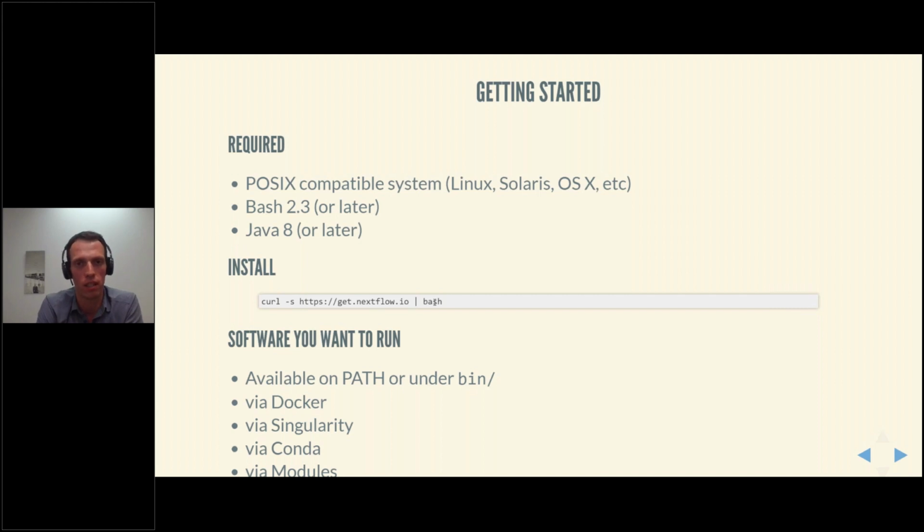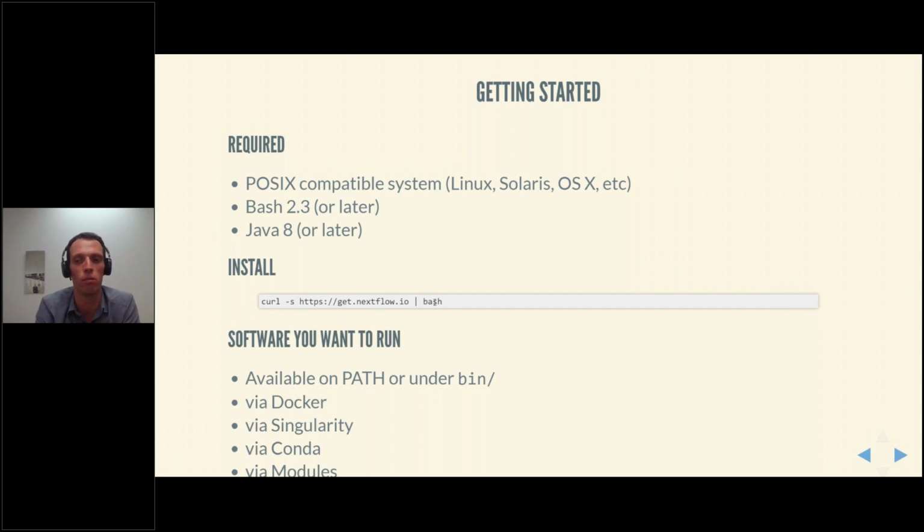In addition to that, if you're developing a pipeline that relies on specific scripts or specific tools, you obviously need those tools available in some way. And there's a number of ways in which those can be made available, from the simplest, your binaries being available on path or under the bin subdirectory of your Nextflow workflow.